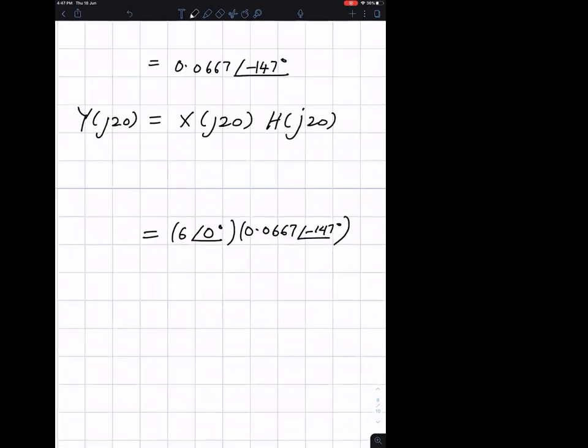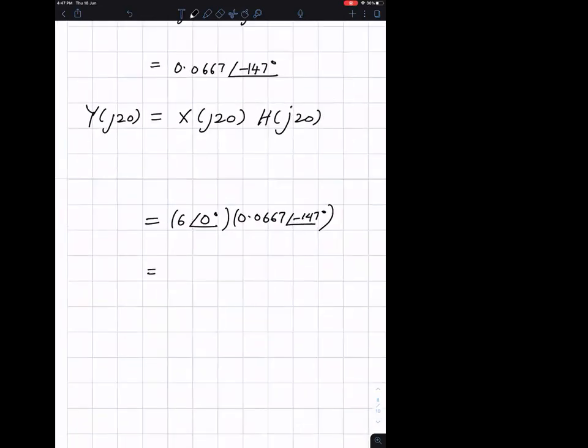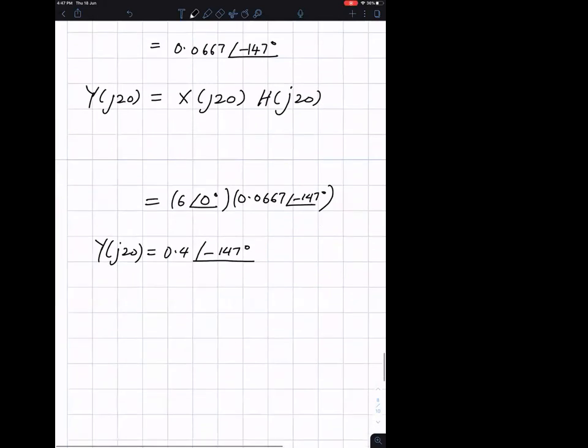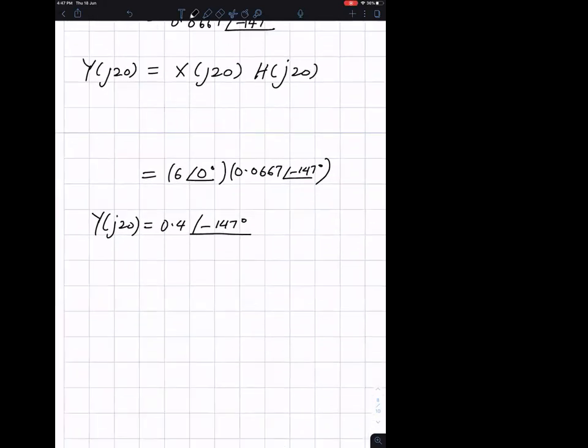We multiply them out, you're going to get 0.4 at minus 147 degrees. Is there any question so far? By superposition,